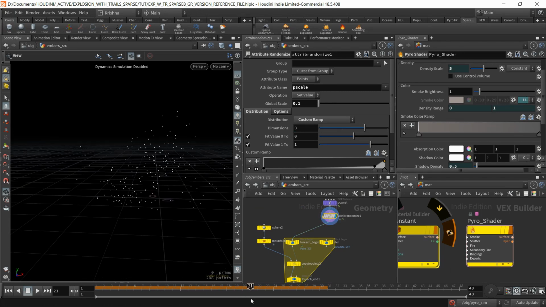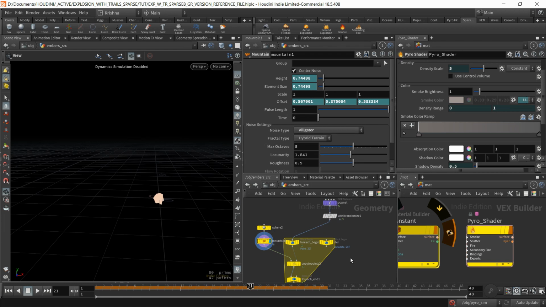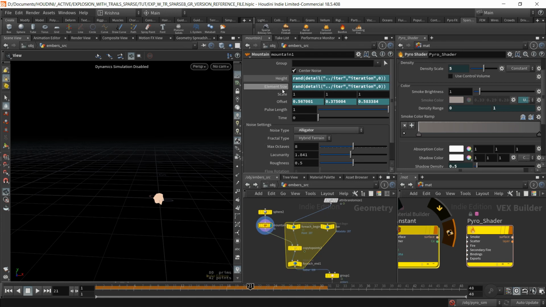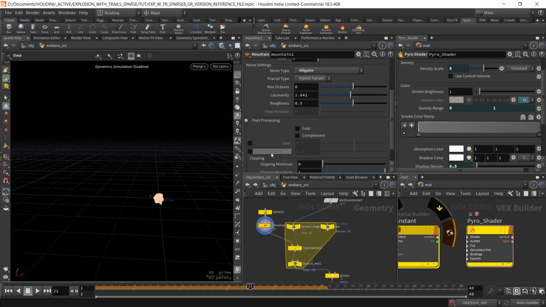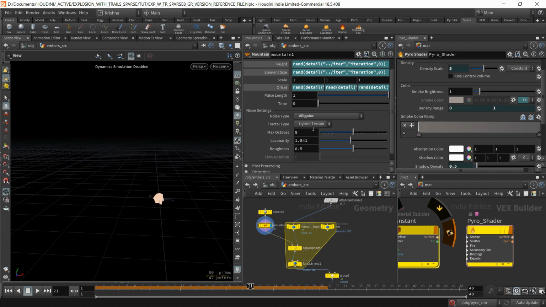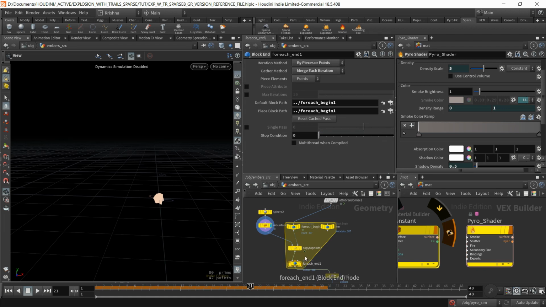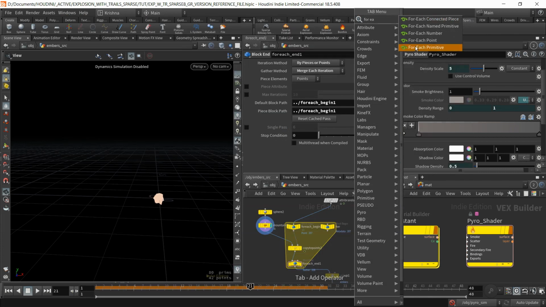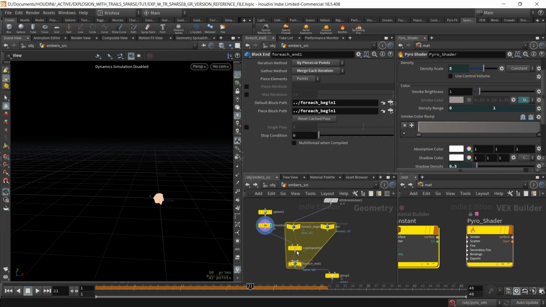So there they are, exploding. And I'm bringing in a sphere, and I'm creating a mountain with random detail values. I'll explain that shortly. There is no post-processing or distortion happening here, so they're just default. I'm using the Alligator noise type. So I'm bringing in a for each point method. Yeah, that one, for each point. So for each point that is coming in, copy the sphere and the mountain across and add that in